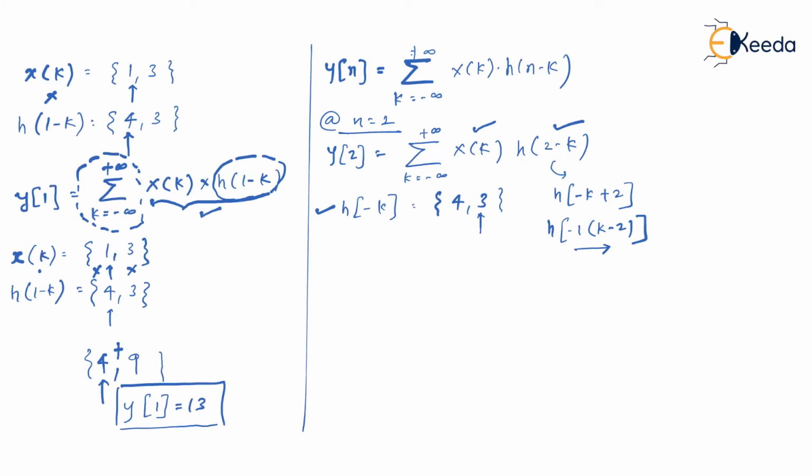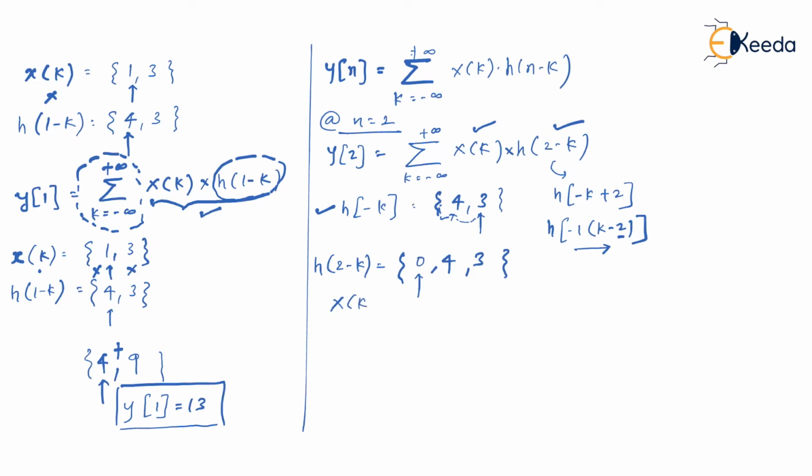We know that whenever we delay, shift arrow to the left. By how many times? Of course here 2 times. In that case 3 comma 4 remains here only, so arrow gets shifted here and arrow gets shifted here. But then before 4 there was no sample, we can write 0, but now arrow mark got shifted here. So in a way this has become h of 2 minus k.